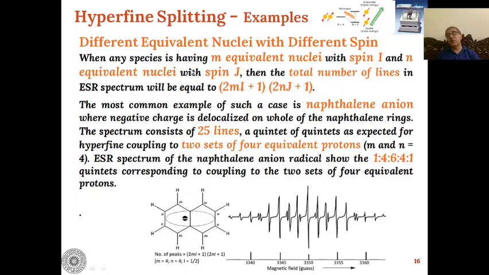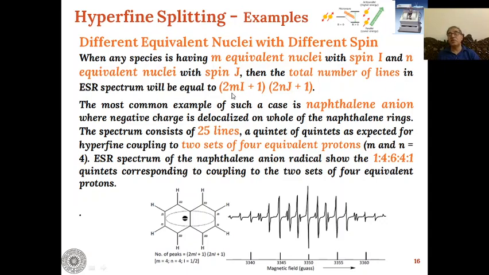And for 3 it will be 1 is to 3 is to 3 is to 1, because there the 3 spectral lines will be degenerate. We will have only 4 lines instead of the more spectral lines which are theoretically possible, but these lines have the same energy. That is why they will be shown at only one position, but their intensity will be 3 times the intensity of these.